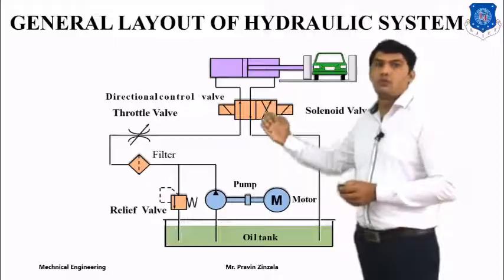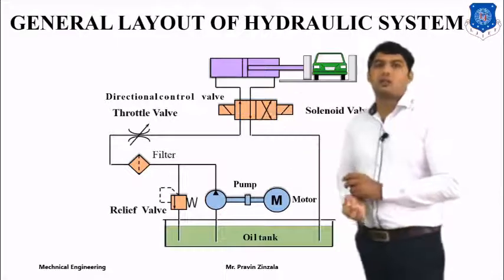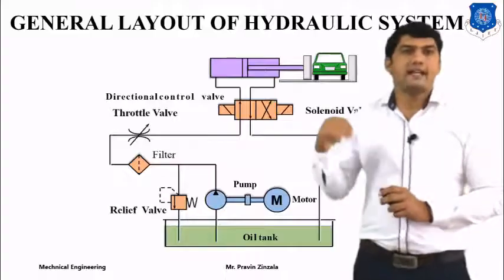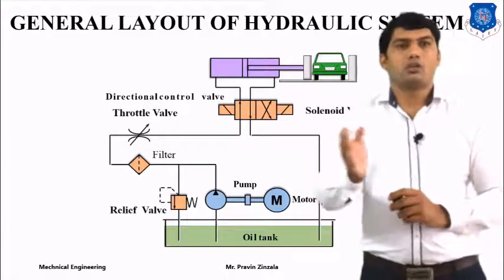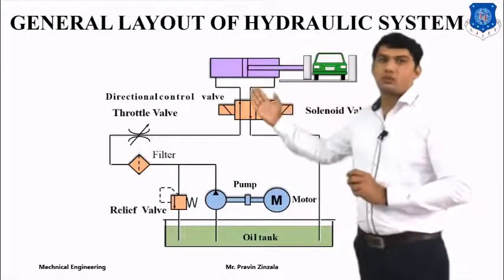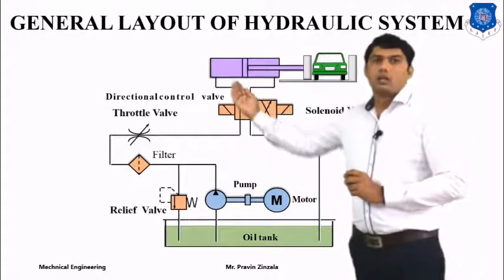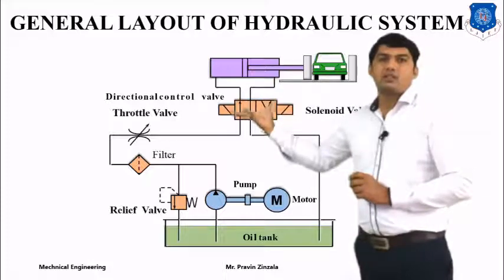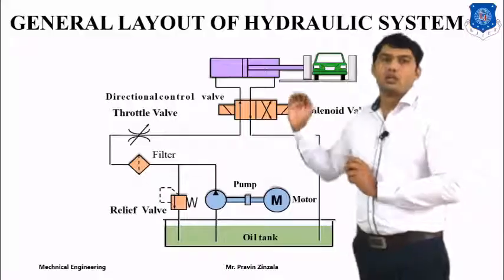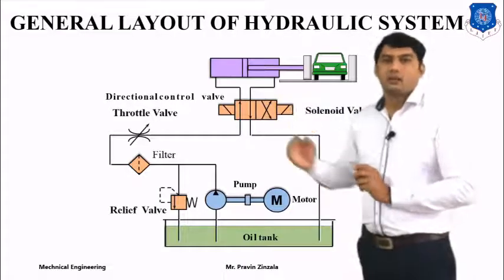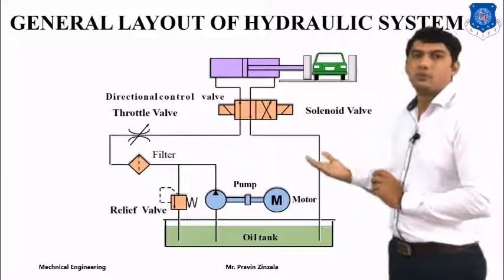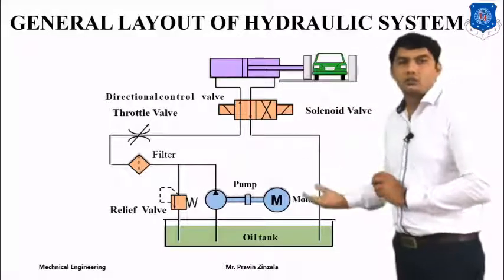And finally, the fluid will go to the different types of direction control valve. The function of a direction control valve is to direct, or control the direction of, the hydraulic fluid. If you want two-direction motion, use 4x3. So the direction control valve is used for operating a cylinder in two motions, extraction and retraction. Finally, the fluid goes from the direction control valve through different types of filter to the reservoir.